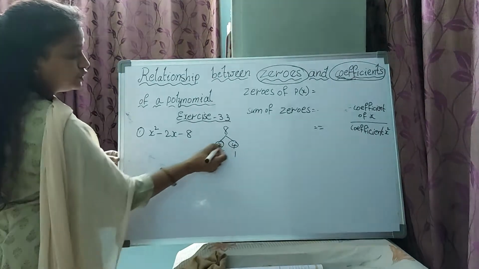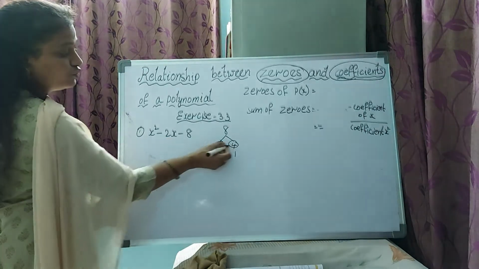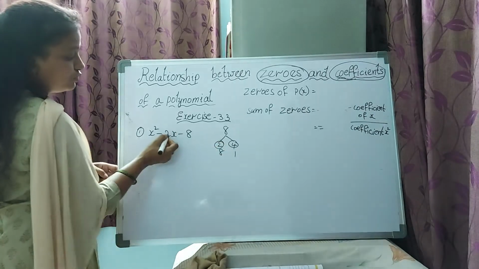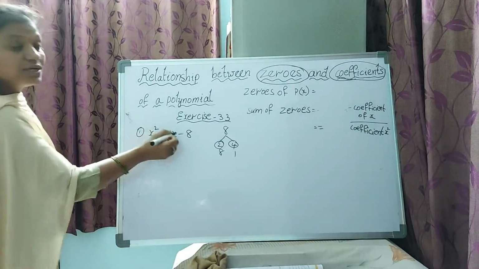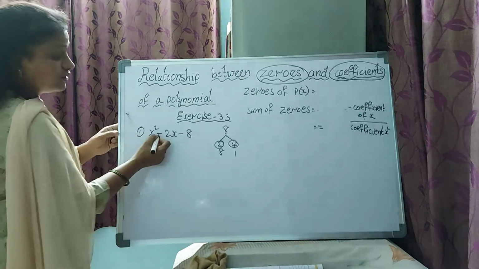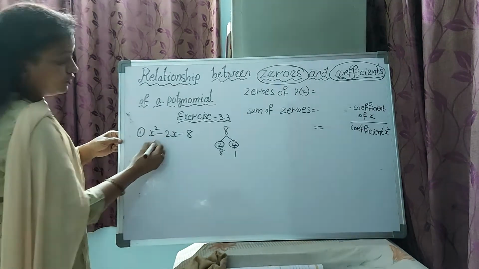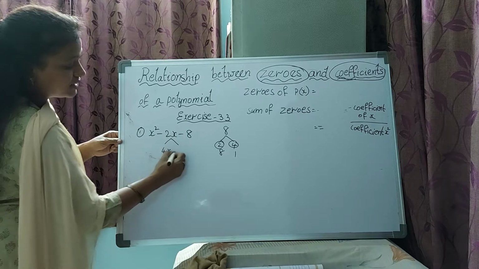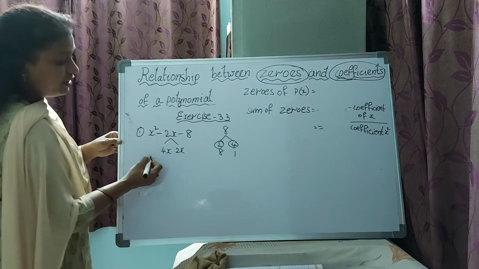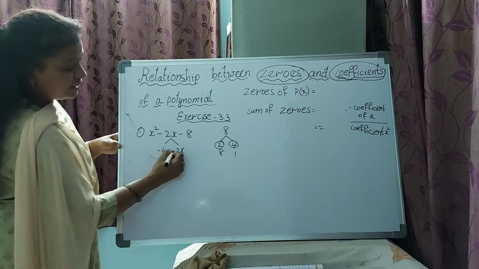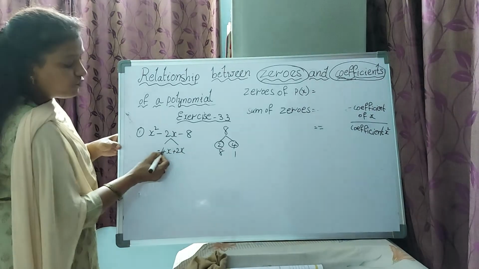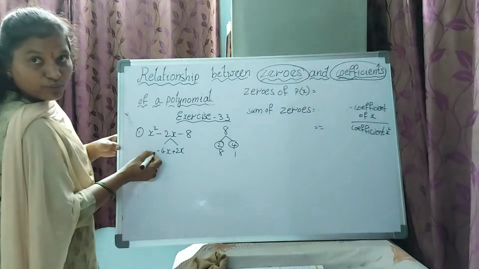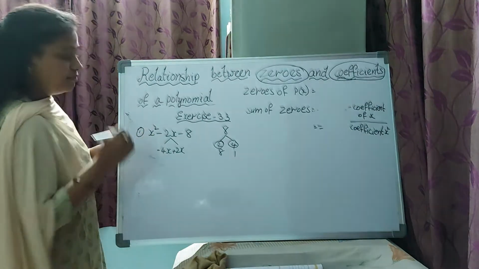See, if you multiply these two, you have to get the constant term. 2 fours are 8. Okay. If you subtract, 4 minus 2, you get 2. So signs also you should verify. See, if you split this 2x as 4x and 2x, if you put minus here, plus here, minus 4 and plus 2. 4 minus 2 is 2. The sign before the big number is minus, so I kept minus.